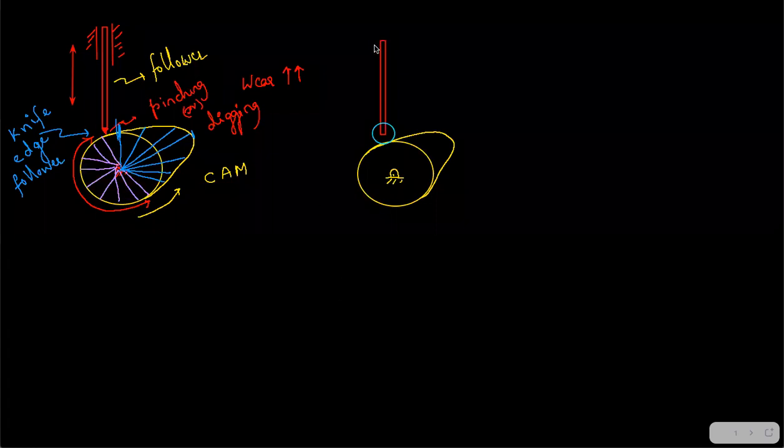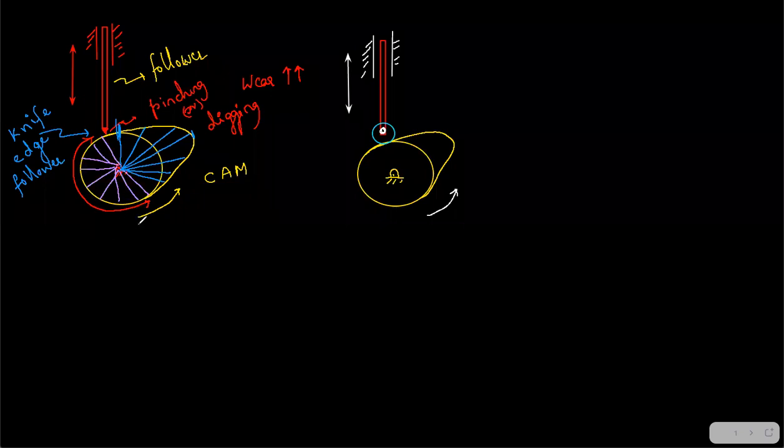Fine. And you have again the guides over here as usual. In these guides itself, the follower is going to have motion, right? The reciprocatory motion. This is the guide. And here you are going to have a pin. Fine. The pin is going to connect the follower to the roller. Here also you'll have the follower rotating anti-clockwise. Okay, I'm just taking the motions randomly. It can be even clockwise. And then the follower is going to reciprocate. So this is the solution we found for the pinching effect.